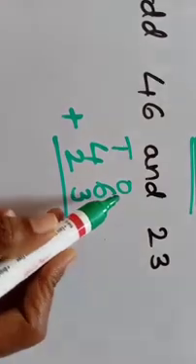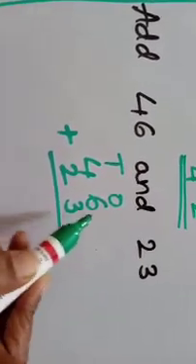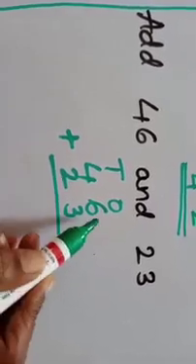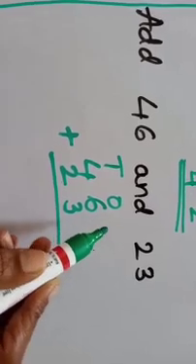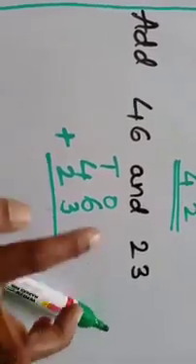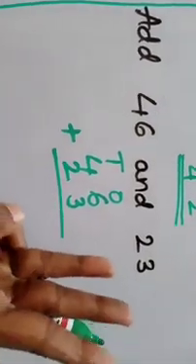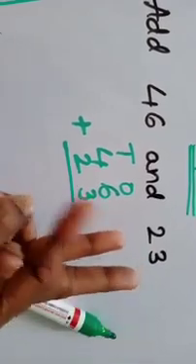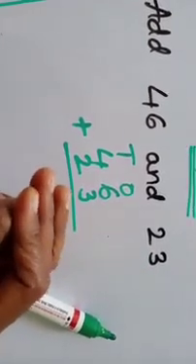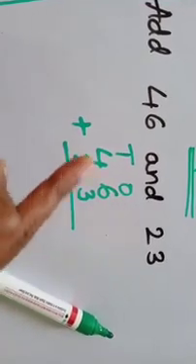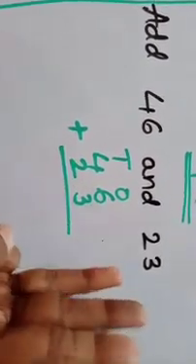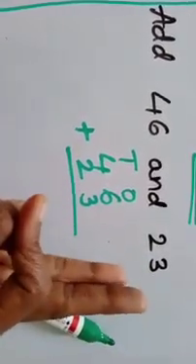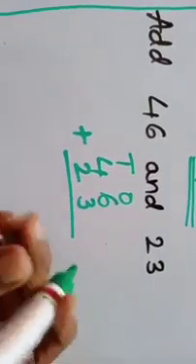First we start from the ones place. So 6 plus 3. Which is the big number, children? The biggest number is 6. So what do we have to do? The big number we keep in our mind. So 6 is in our mind, 3 is in the hand. 6 after 7, 8, 9. Got it? Big number you keep in your mind, a small number you keep in your hand. So 6 in the mind, 3 in the hand. 6 after 7, 8, 9. Right below the number.